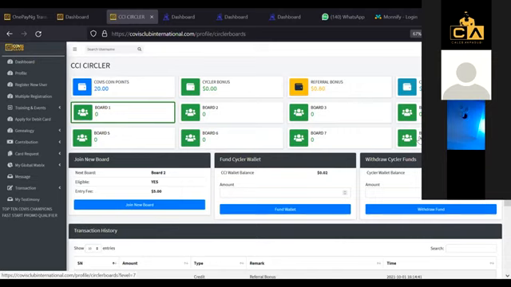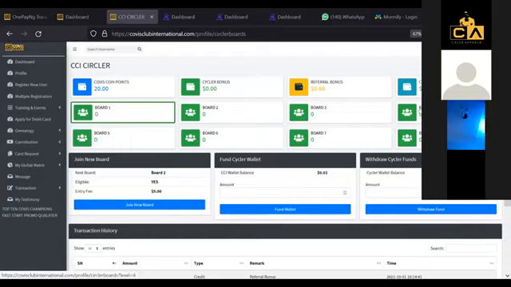But the way this account is, for some of us who are just in stage 2, the highest number of boards you can see on your dashboard is board 1, board 2, which is stage 1, level 1, then board 3, which is stage 2. If you're on stage 2, level 1, it opens up board 4 for you. If you're on stage 2, level 2, it opens up board 5. So if you're not on that stage, the board will not even open. You won't even see it there.